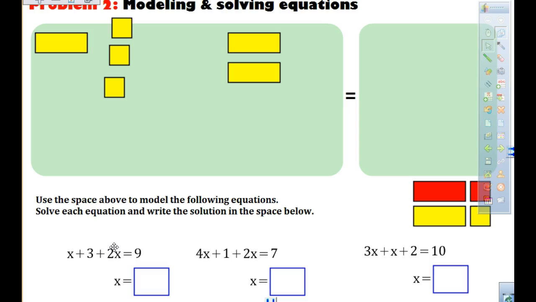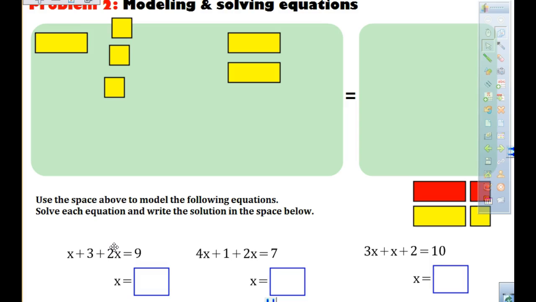So, start with doing this problem. Start with the X. Then put the 3. Then put the 2X. Then it should be equal to 9. So now you have to have 9 ones. Okay? Now,